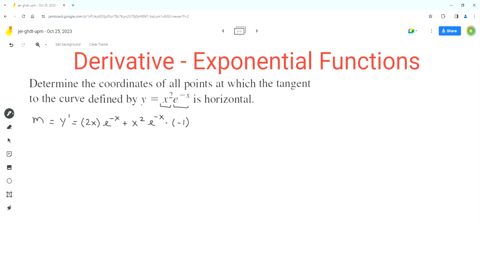Now we can simplify this expression. So m, the slope of the tangent, is equal to, in the first part, 2x times e to the power negative x, which is just 2x e to the power negative x. And in the second part, we can multiply x squared by negative 1, so it becomes negative x squared. So we get negative x squared e to the power negative x. Now we can move the e terms to the denominator to make their exponents positive. So m equals 2x